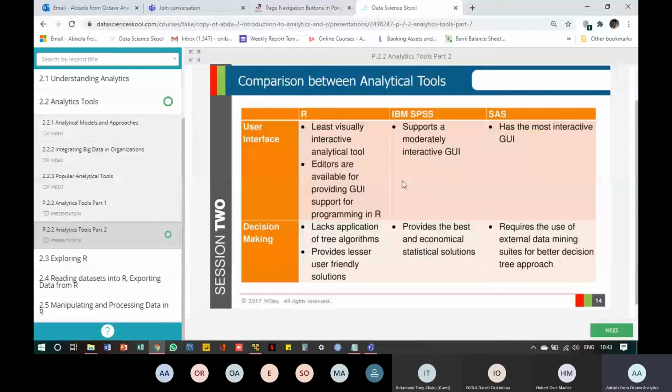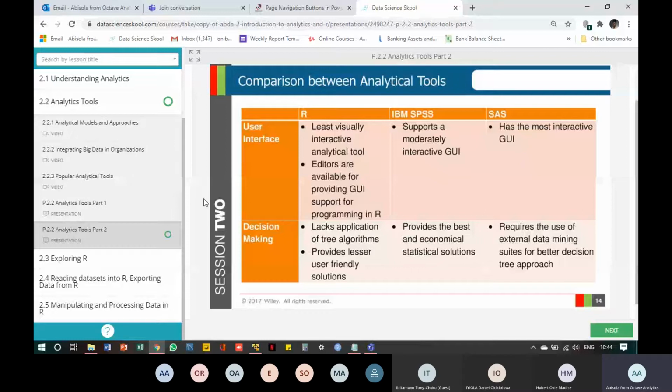Editors are available for providing GUI support for programming in R. Of course, the user interface is good for you to do your programming, put your scripts, and type in your syntaxes, but it just doesn't have a very good looking interface. Then IBM SPSS supports a moderately interactive GUI, meaning that it is not as interactive as SAS, but its GUI is fairly good. But SAS has the most interactive GUI. So that's about user interface.